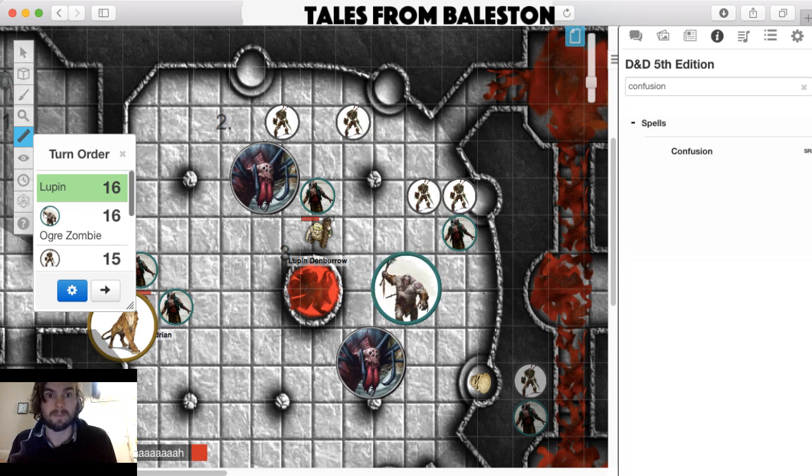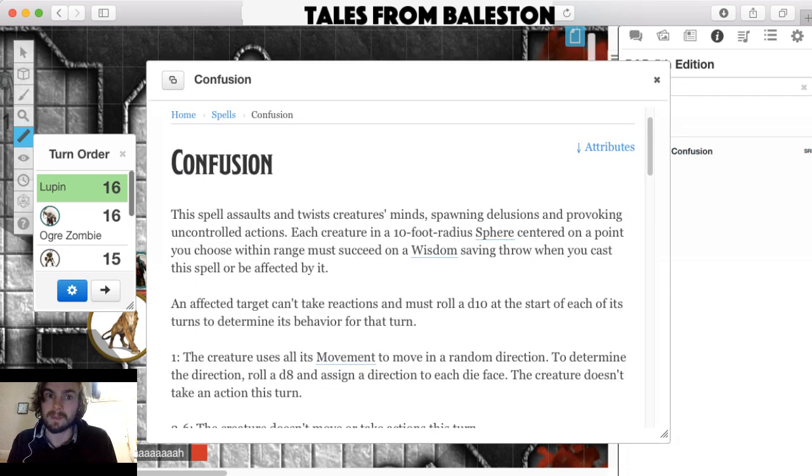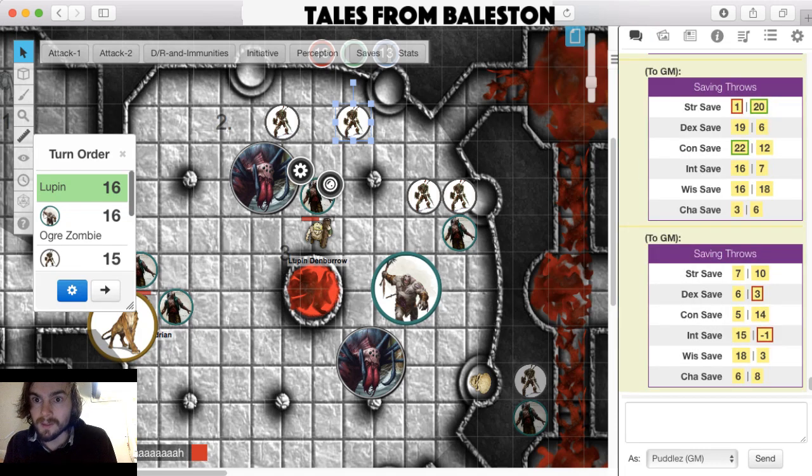Alright, I'd like to cast it on him. Okay, what do they need to do? They need to make a wisdom saving throw. Yeah. I don't think any of them really have. I'm going to do my secret save just because it's quicker. 1, 2, 3. So wisdom...